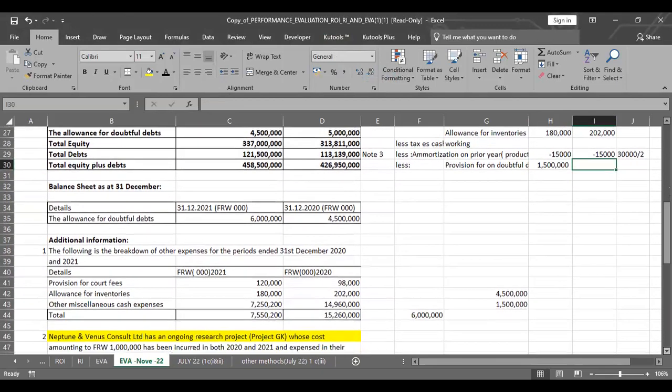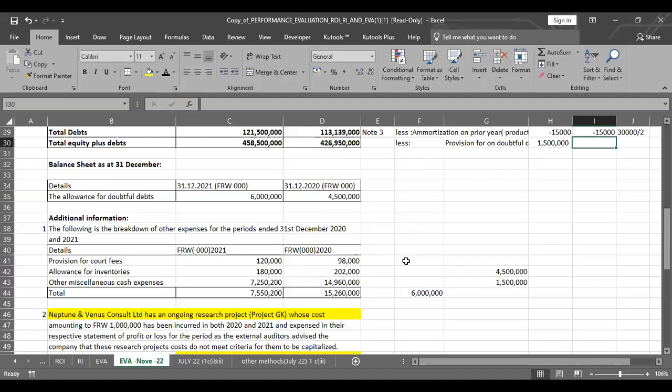A question. Now, that is what will happen. Yes. I have a question, sir. Yes, please. How are you getting a provision for doubtful debt of 1.5 M? It is the balancing figure. I think this comes from our knowledge of